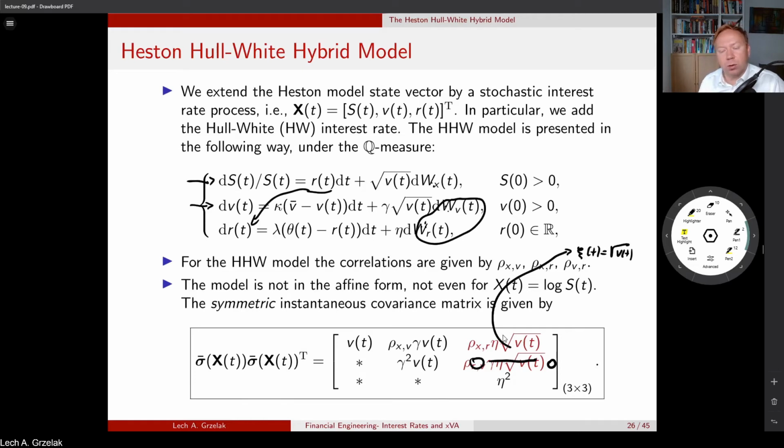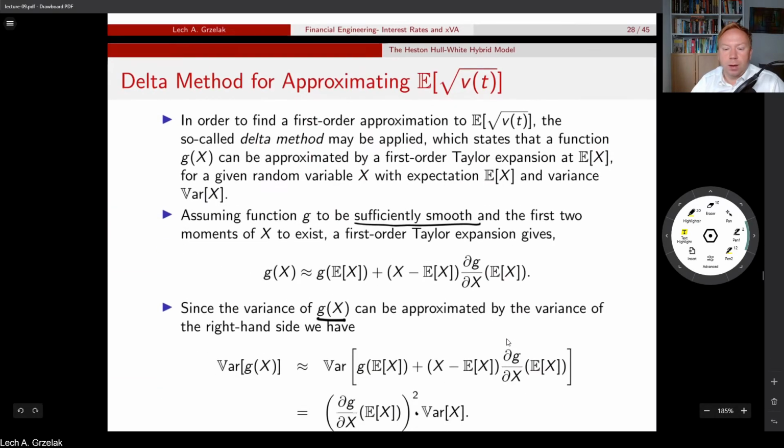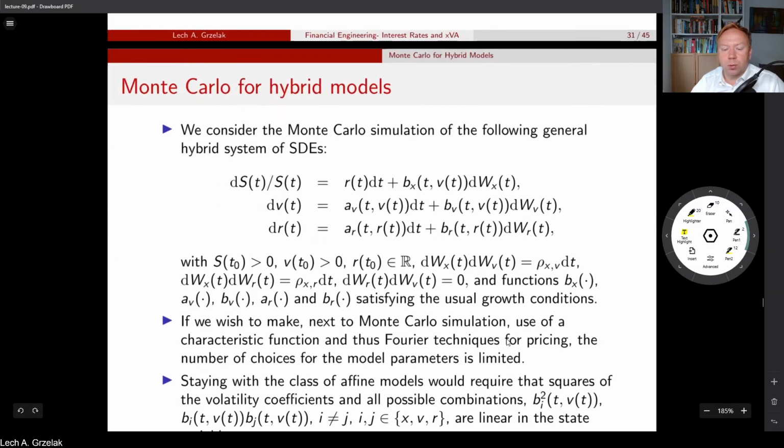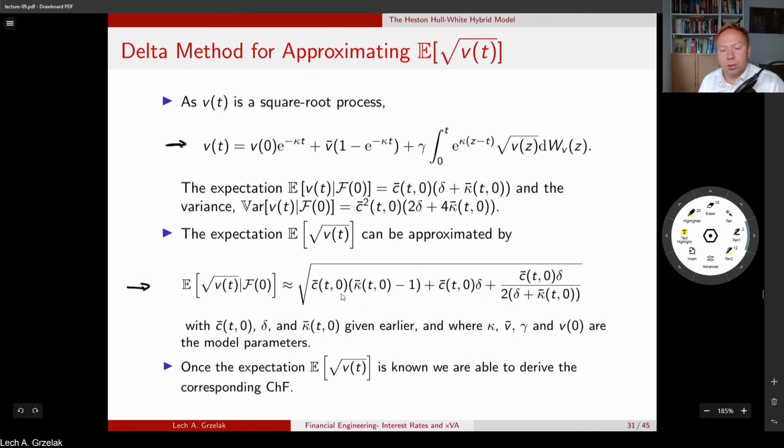So we map it actually not on a one value, but we map it as a time-dependent function, because we still have those terms that will be integrated over time. So then we are actually dealing with a time-dependent function of the square root of Vt. At this point, I'm not going to introduce the Monte Carlo simulation and the simulation of the cost